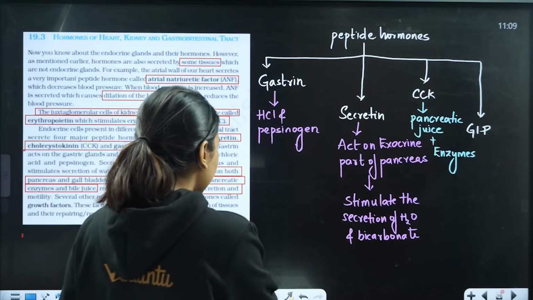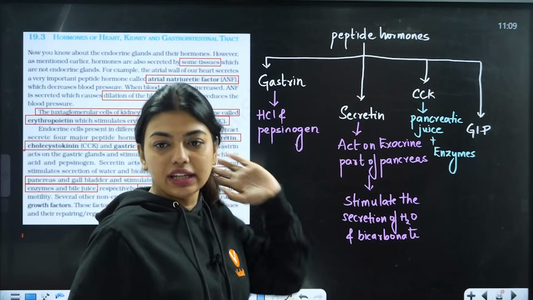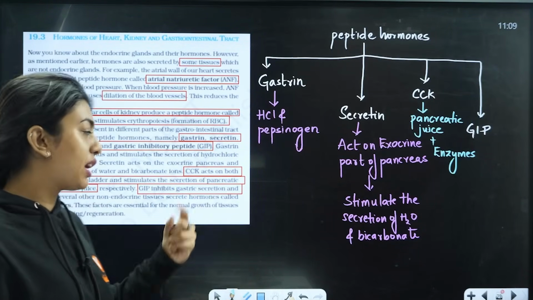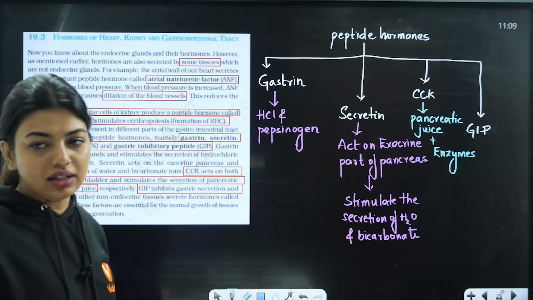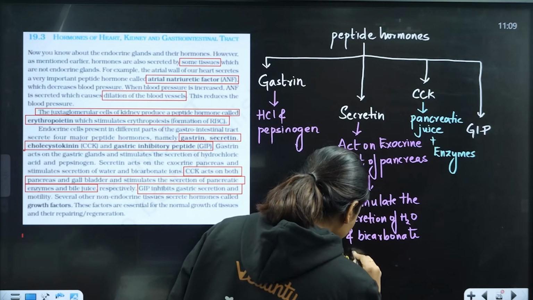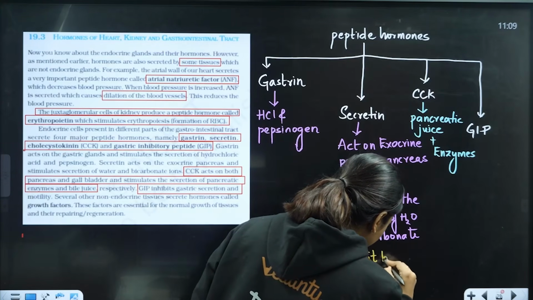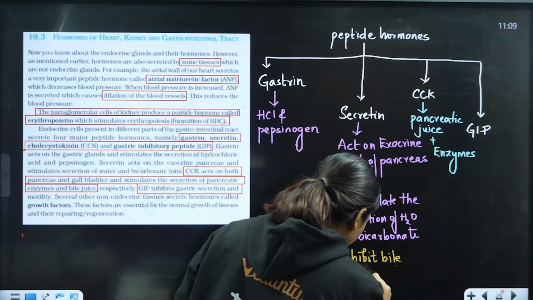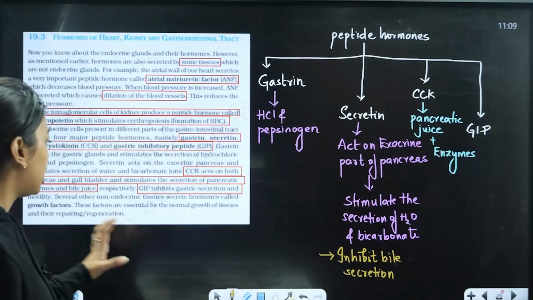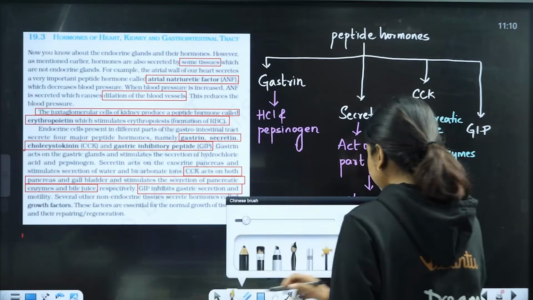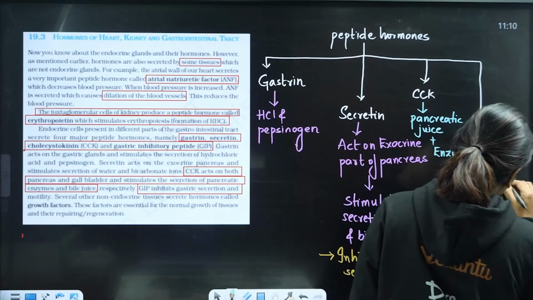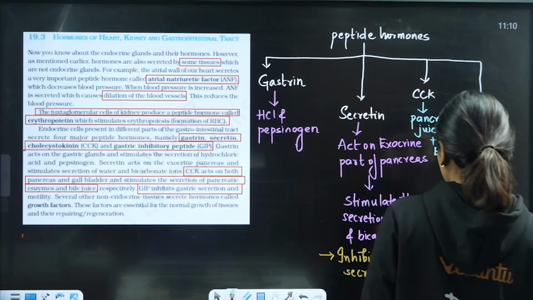Okay. Students, secretin can also do one thing. Secretin can also inhibit the secretions as well. So it can behave as releasing, and it can behave as secreting. Even secretin can inhibit the bile secretions here. Okay. Add on point I am writing. This one promotes, this one inhibits. GABA also is again inhibiting in nature. Okay, it inhibits the gastric